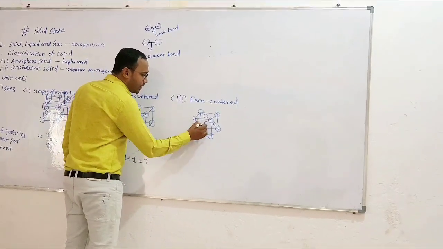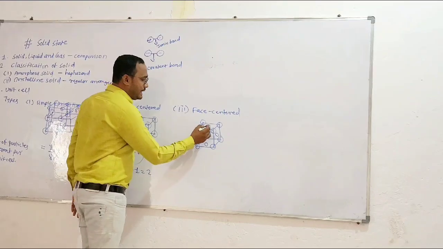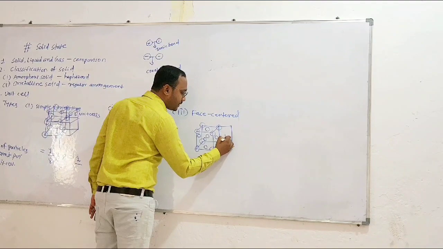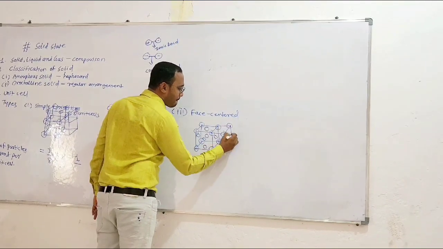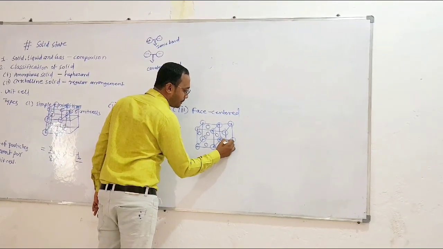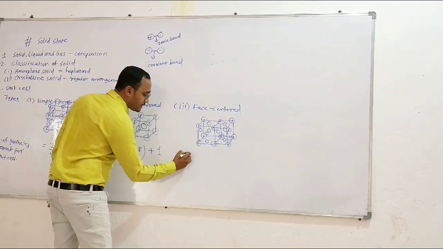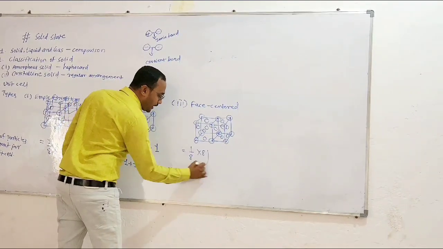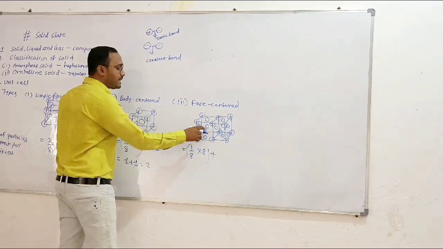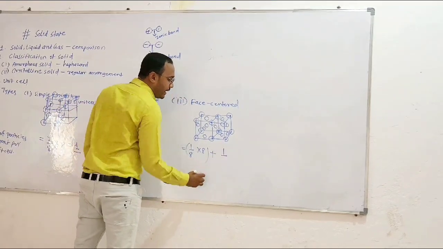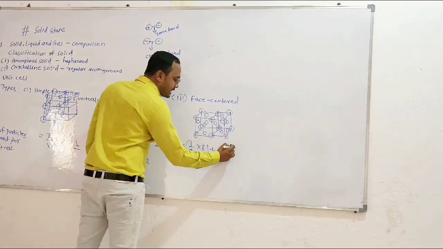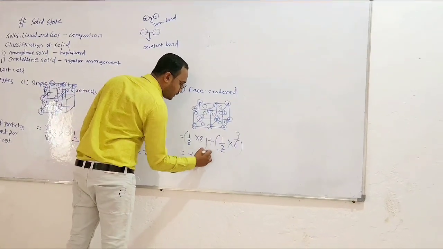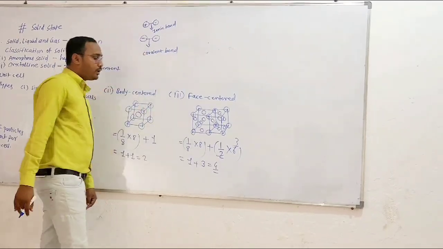And the particle at the face is shared between 2 unit cells. That means the particle present at the corner is divided amongst 8 unit cells, total 8 particles are present, plus the particle present at the center of the face is divided into 2 unit cells, and total 6 particles are present at the faces. So effectively there are 4 particles